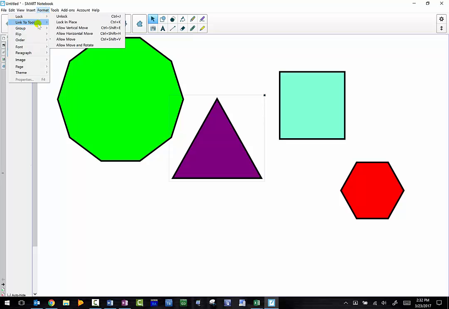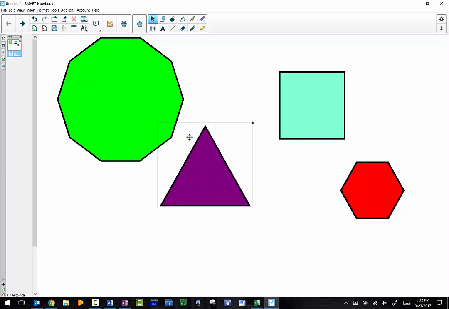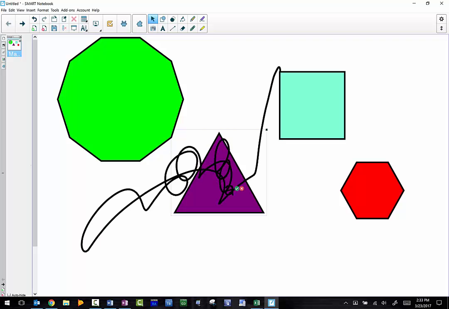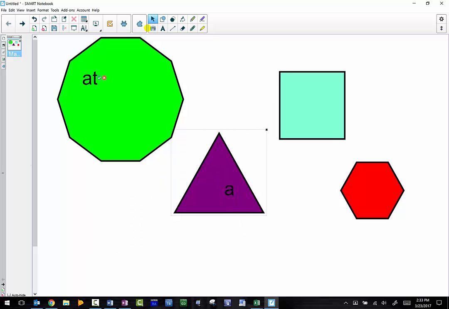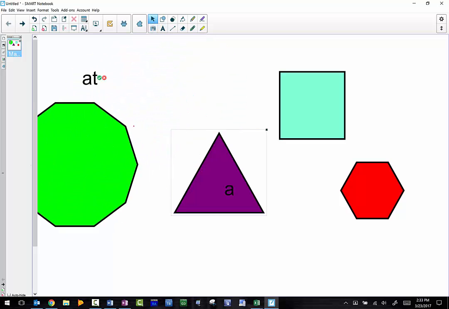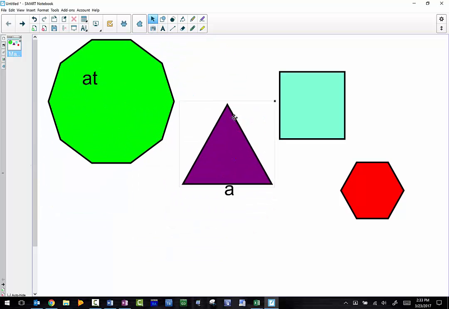Then we have link to tool. So let's go ahead and link the pen tool. So anytime that we are on there, you can see that I can write in here. It becomes the pen. And I don't even have the pen selected. I have the selection tool selected here, but when I'm writing on here,